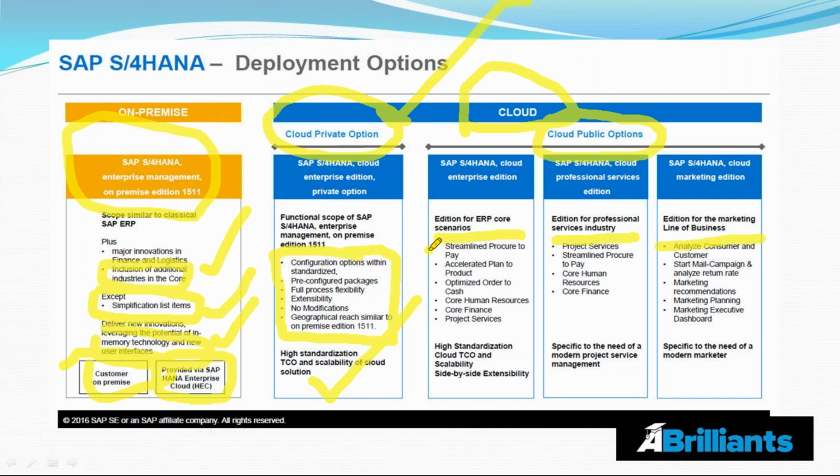The first one actually streamlines procure to pay. The procure to pay, it's a P2P approach. It actually streamlines it. Unlike the previous version of SAP, where we had about 7 or 8 steps, with the new HANA application using cloud and SAP HANA cloud, this procedure has been streamlined to 4 processes only.